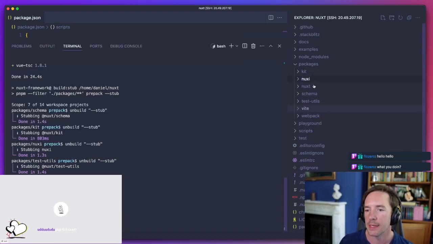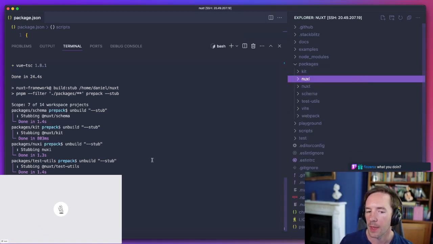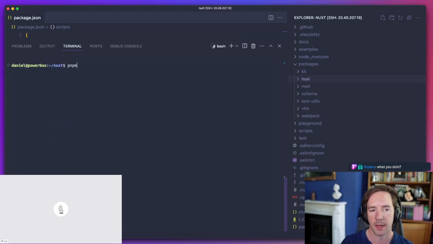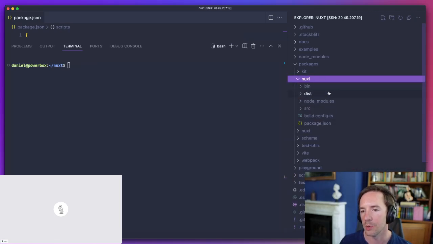And yes, then we've got these 7 packages. So we've got the Nuxt, which is the CLI that most people will use for the first time when they type something like Nuxt init, like npx Nuxt init, or Nuxt dev, or something like that. And that's all compiled into a single JS file that has no dependencies at runtime.